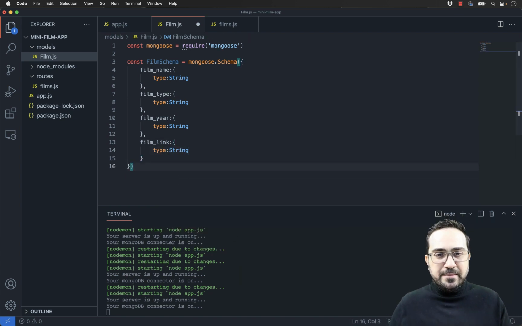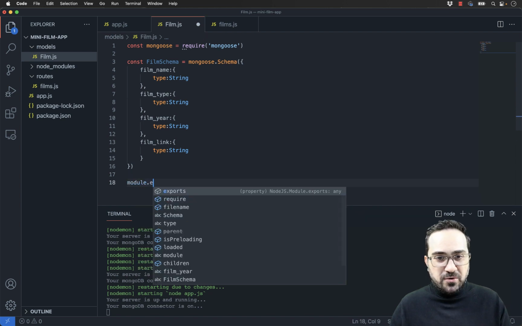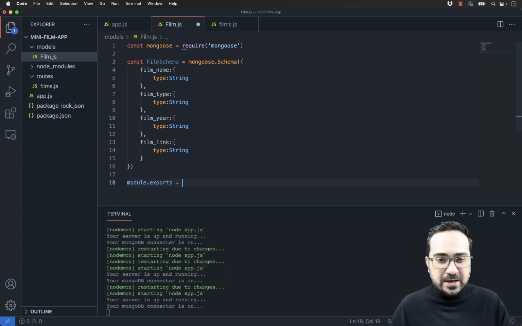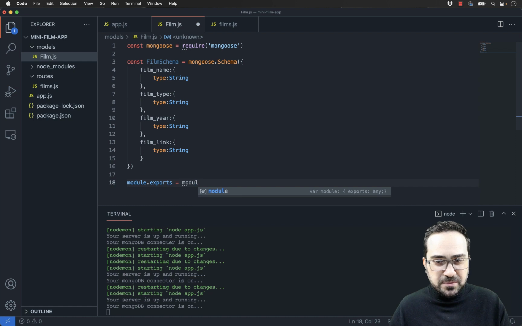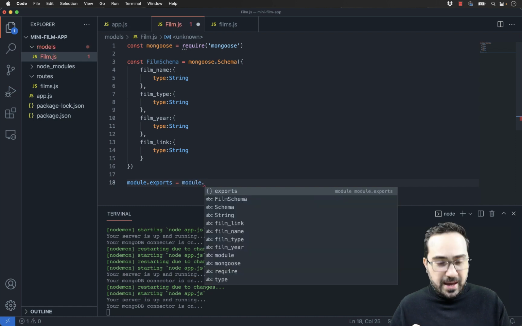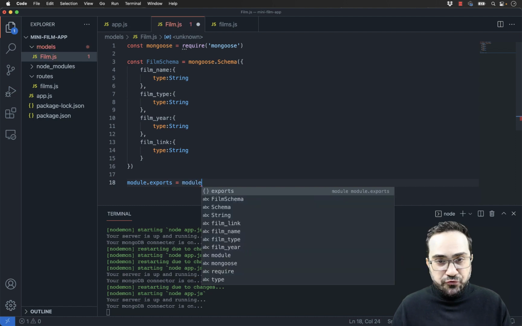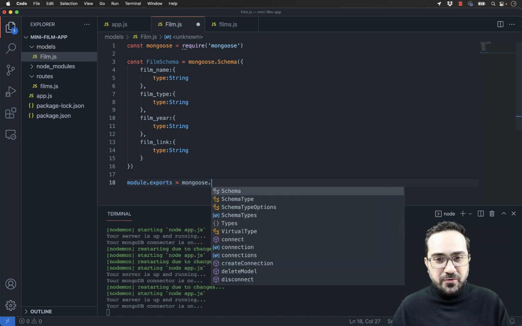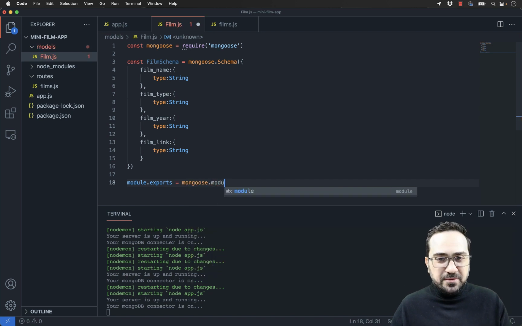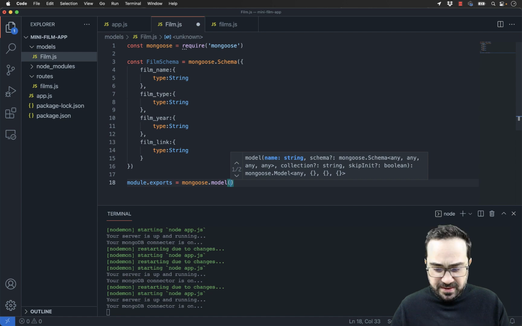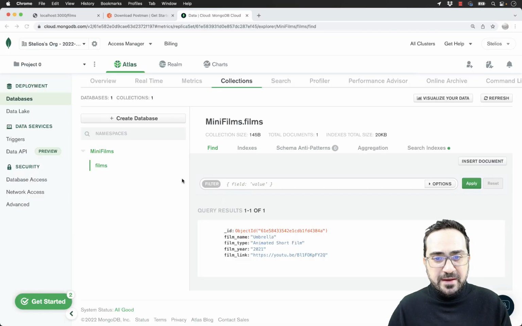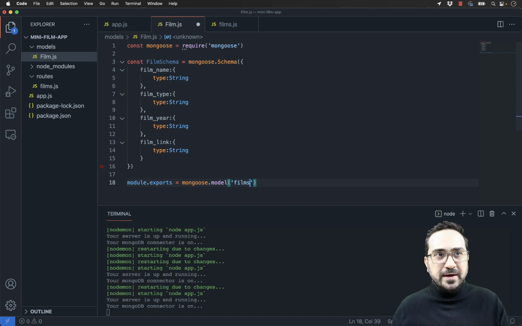I have my schema ready, and obviously, as we say always, we have to export this. Now here there is a special export. We say mongoose, not module in this case because this is the mongoose package. Export the model. And the model should have the name that we have here, films, you can see here, films.